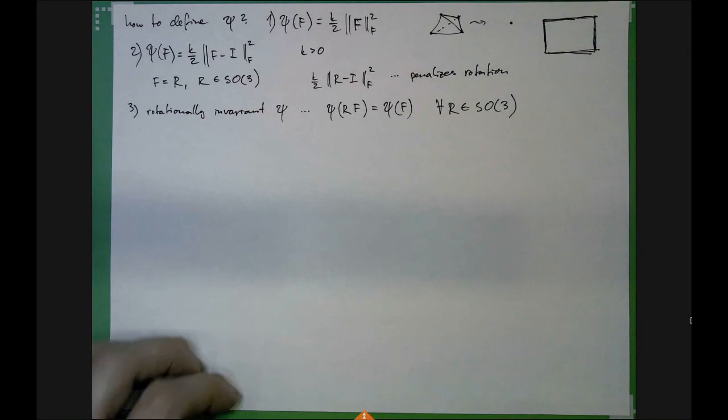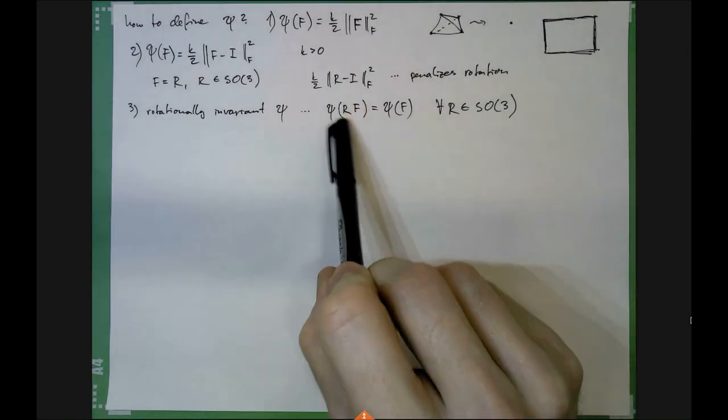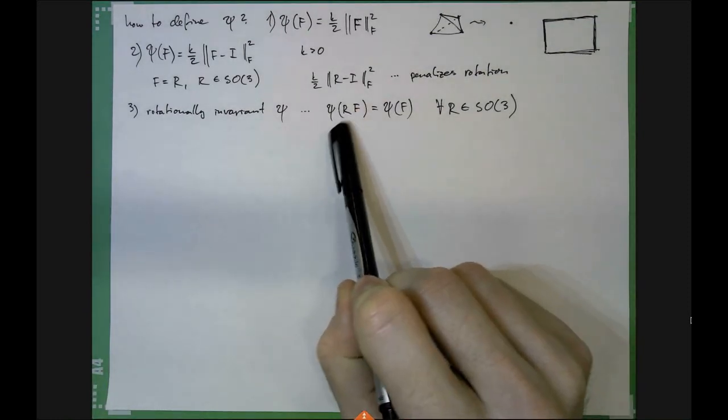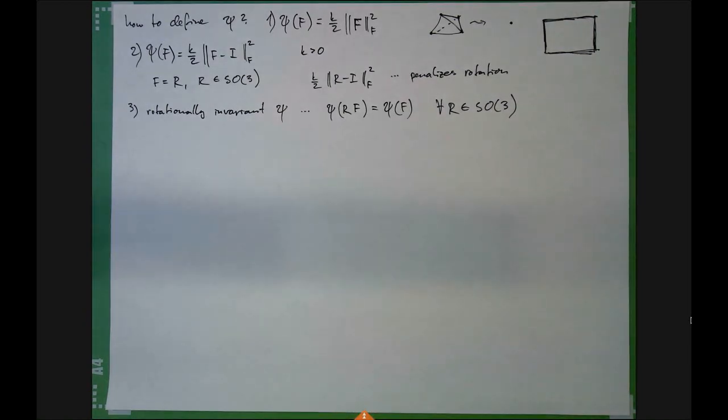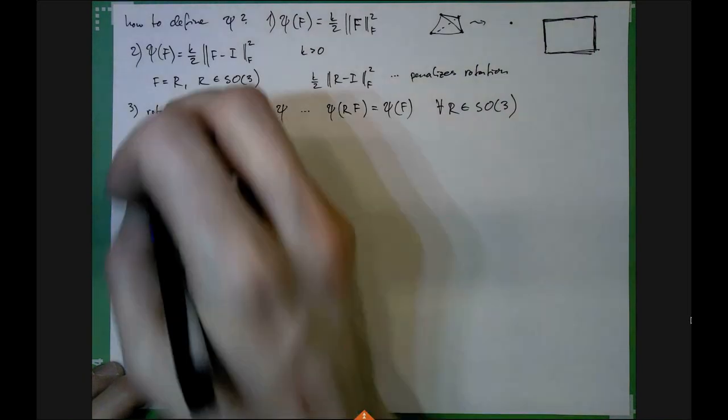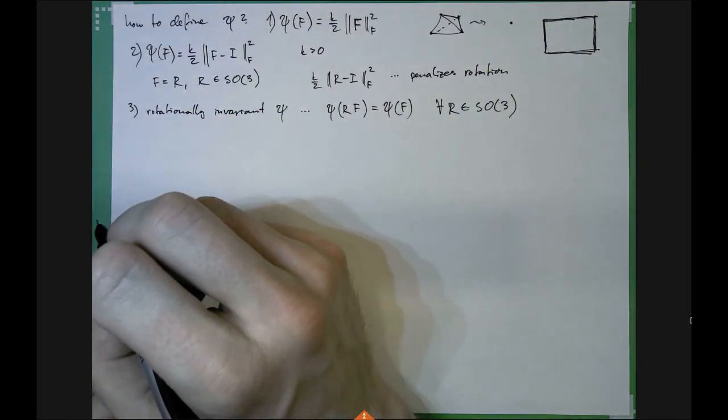So what do you think is the simplest way to essentially become blind to this rotation? So the simplest way is